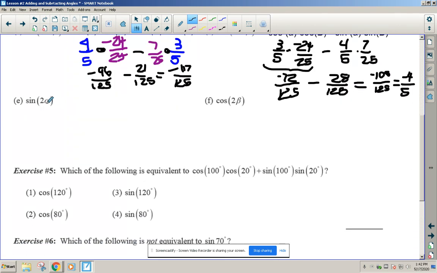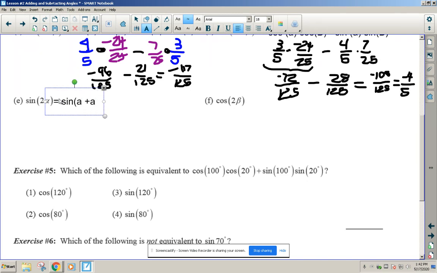This one says the sine of 2 alpha. What this means is, this is the same as saying the sine of alpha plus alpha. So I have the sine and I'm adding. So this is going to be the sine of alpha, cosine of alpha, plus